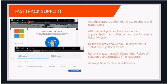But ultimately, using this as a singular process allows us visibility and ensures it doesn't get lost in someone's inbox. So the process will get you the best results, and that can include everything from "How do I do this in the site?" and "How do I create a success plan?" to